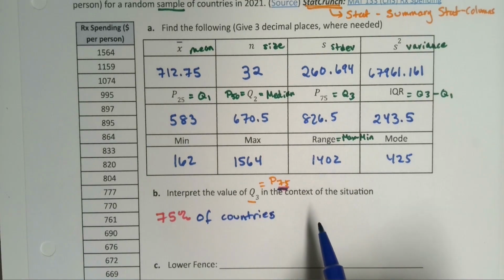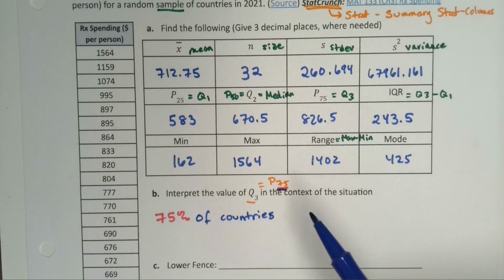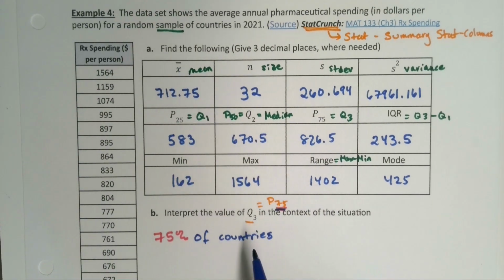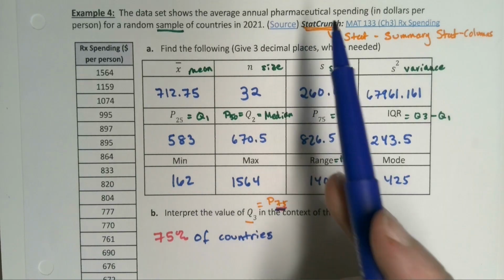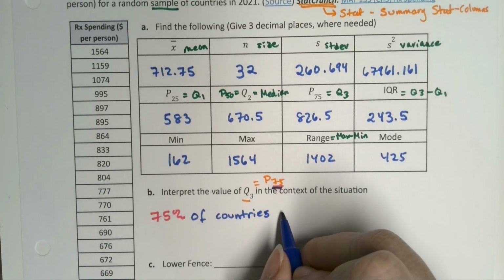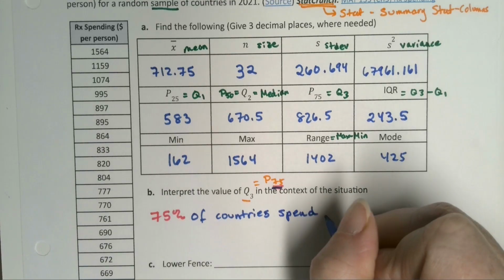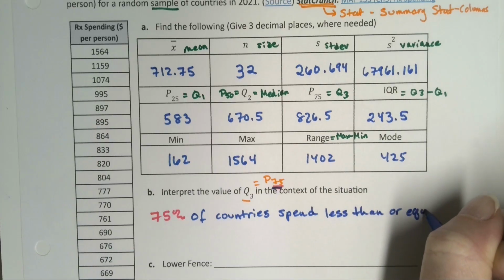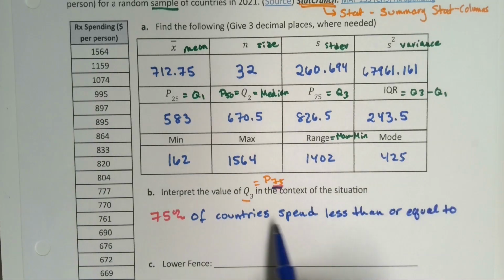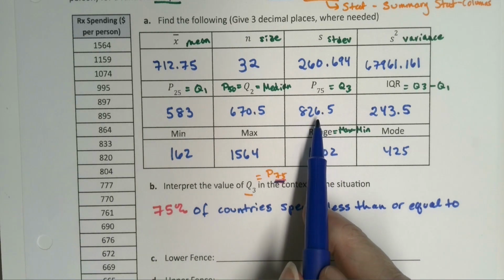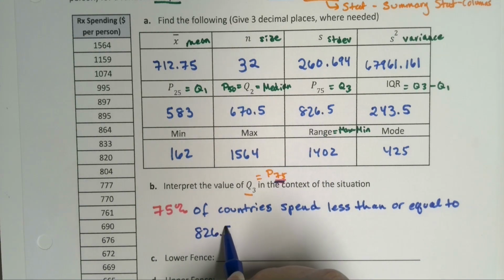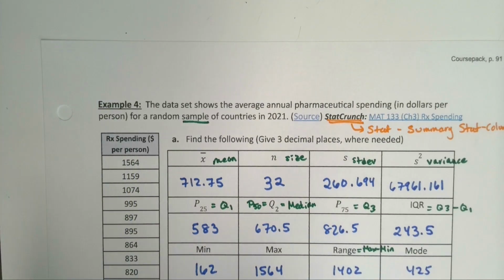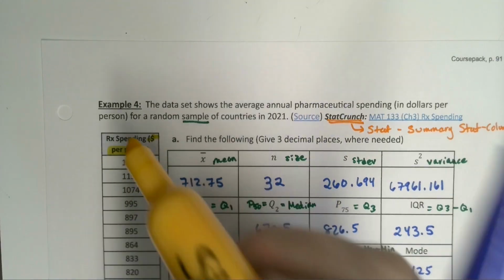And then it's up to us how we want to say this. We kind of have to get the at or below this value, right? 826.5. But what was it about? Countries spend on their prescription drugs. So countries spend less than or equal to, right? There's that piece of script. And then less than or equal to 826.5 dollars per person, right? You want to include the unit. There's the unit right there. Dollars per person